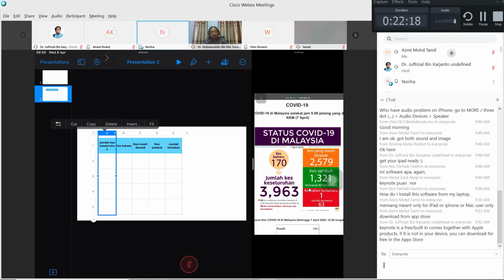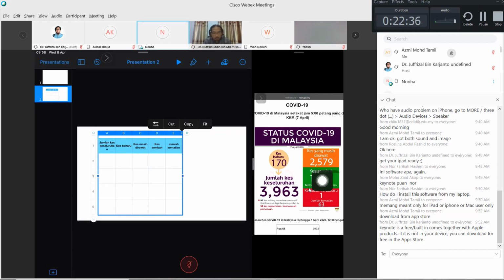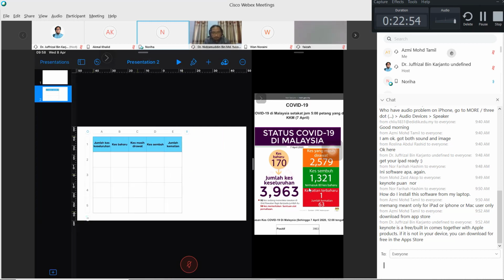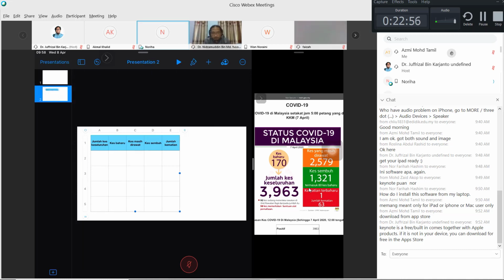You can do anything in that column. But what I want to do is to highlight all the columns, and then I tap on this icon, the blue one, and I drag it to the right to get the right numbers, the right size of the columns. Okay, so far everyone can follow this. This is easy, right? Okay, next let's fill in